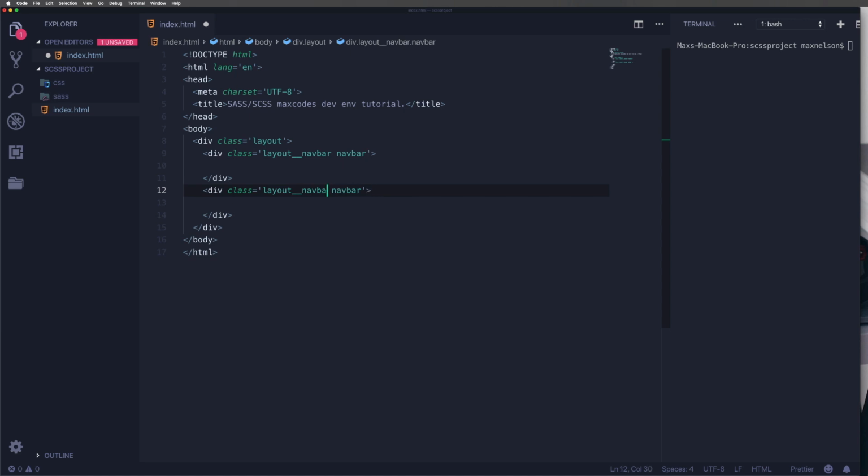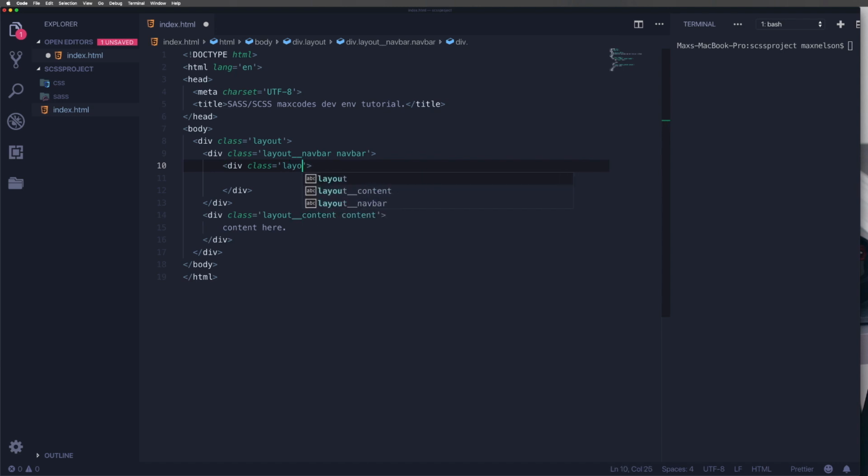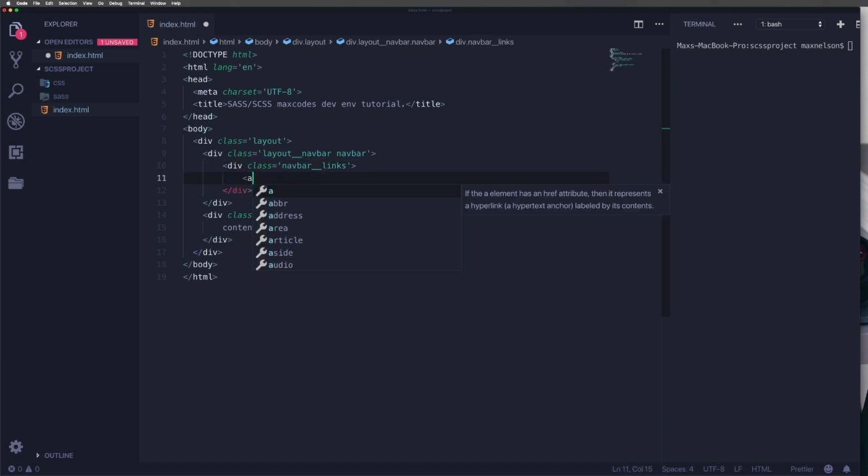Okay, so this next one I want to say layout content, and then I'll just call this content because that's the content of our screen, of our application. Okay, save that, and we'll just say content goes here, and then in navbar I want to create a div, and I want to say class is equal to navbar, and I'll just say links, and then in here I'll just put a bunch of a tags with targets